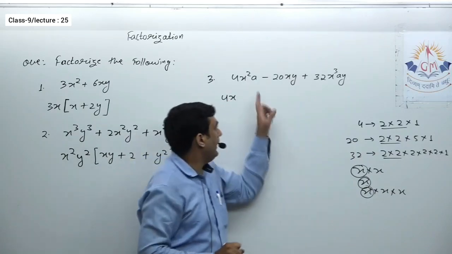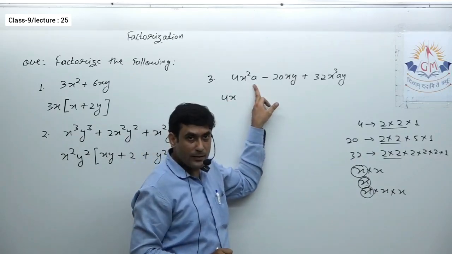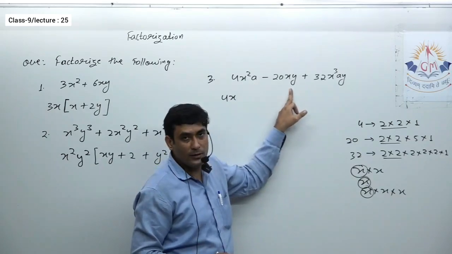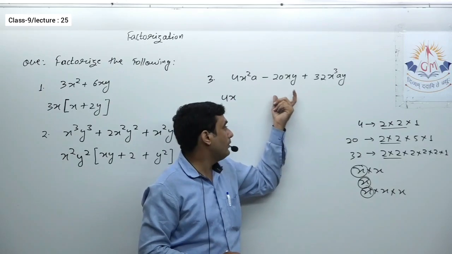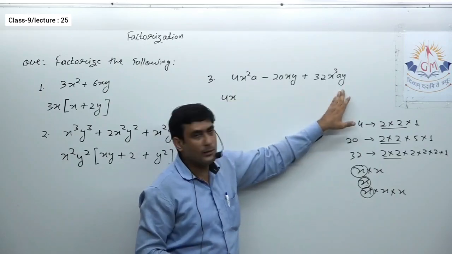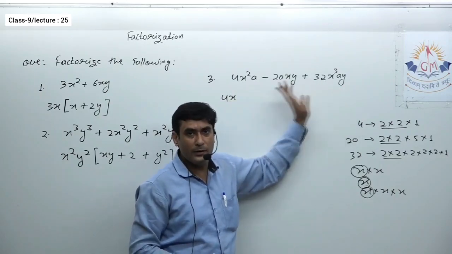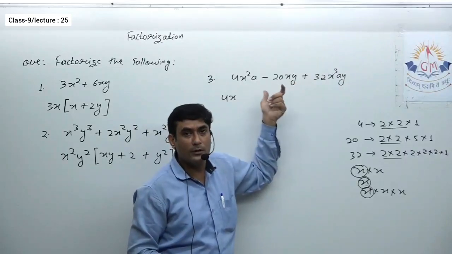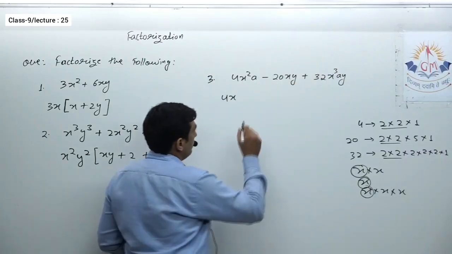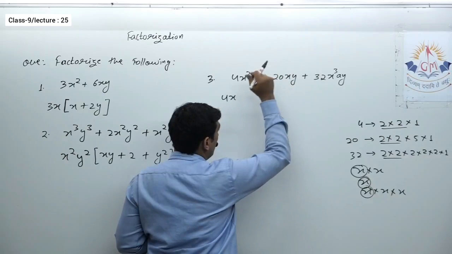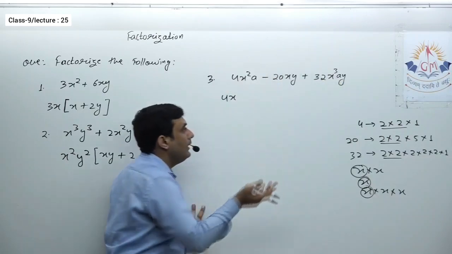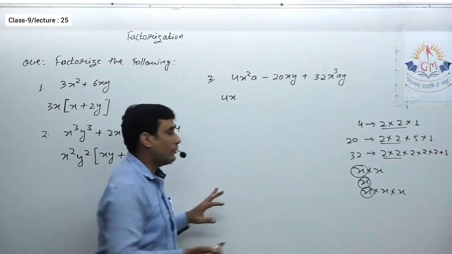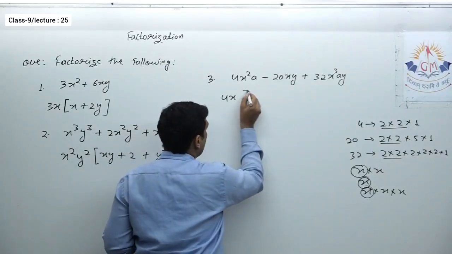Now what about a? So first term contains a, second term does not contain a. So don't even go to the third term, because if the second term does not have a, whether the third term has a or not doesn't matter, because it is not possible to take common from all three, isn't it? Now next it is y. Now y is in the second term and third term, but it is not in the first term. That means again we can't take y as common. So this is the only thing that we can take common.